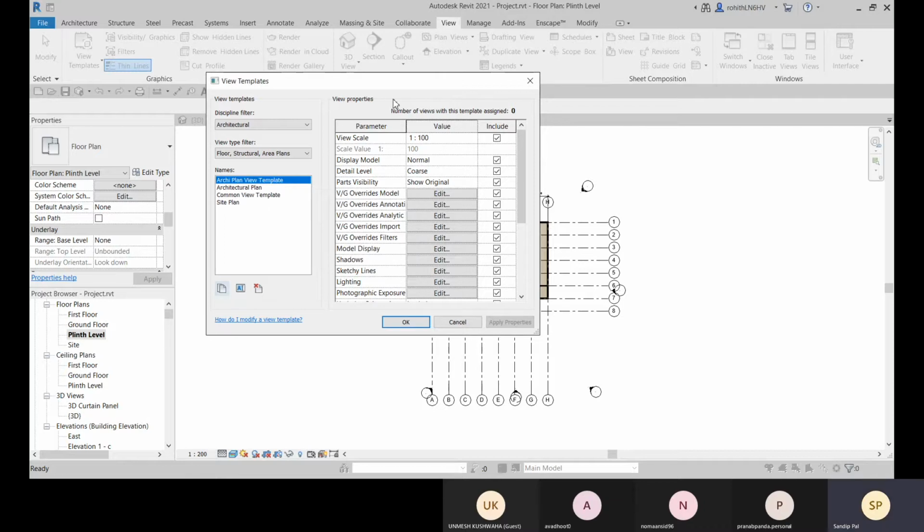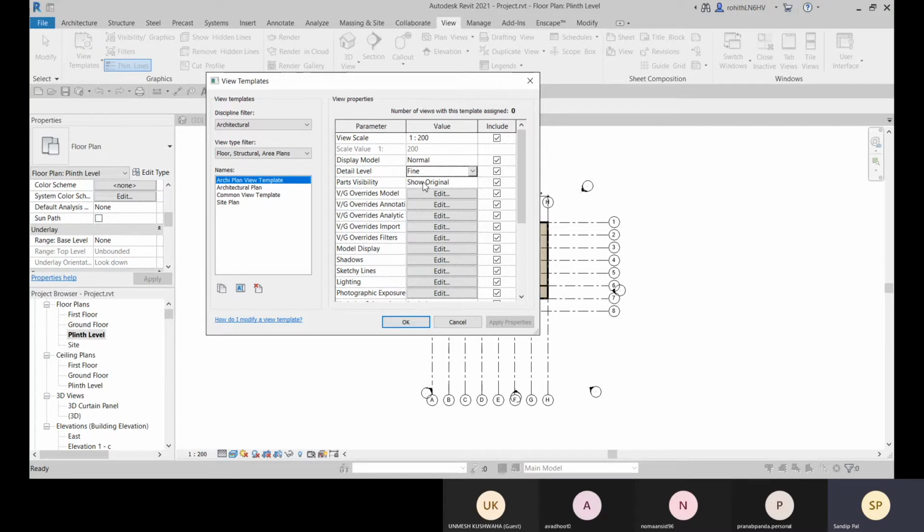And here, all these view properties are there. So here you can change the value, view scale, like make it 1:200. And the display model that is set to normal, you can make it halftone. And the detail level that is right now set as coarse, you can make it fine, always fine.